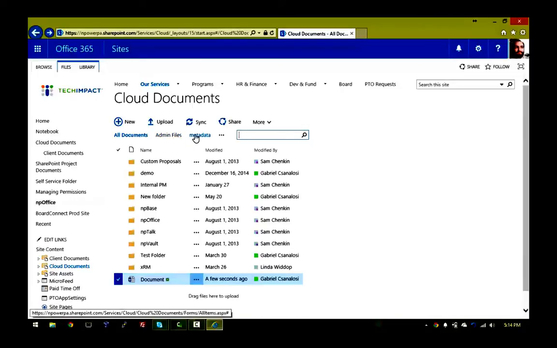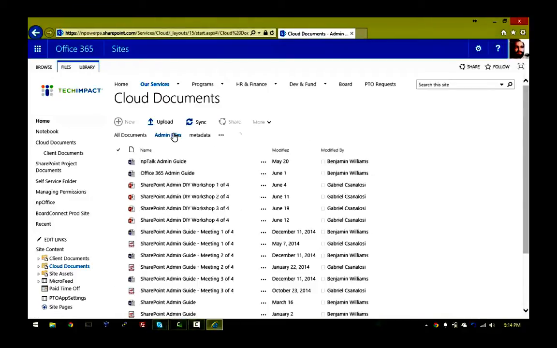Another thing to talk about after searches are views. So views are really useful because they give users that everyday filtering ability. So when they know that they're always looking for the same types of files, they can use views to get that information easily. So views are definitely something you want to introduce everyone. Then we have the recycle bin. Now, the recycle bin, I'm going to spend a little more time on this because